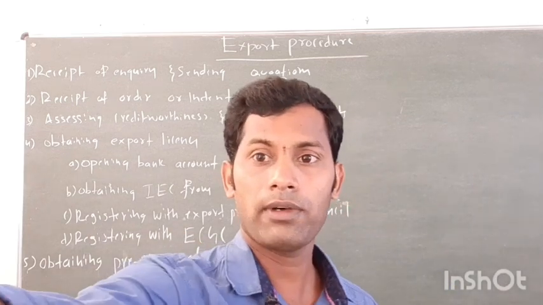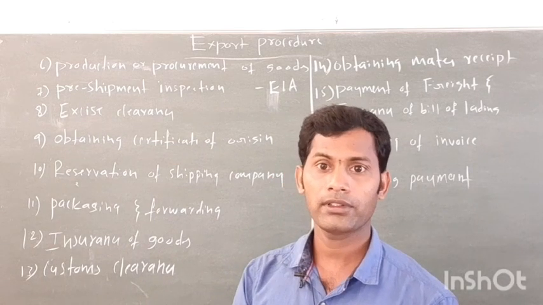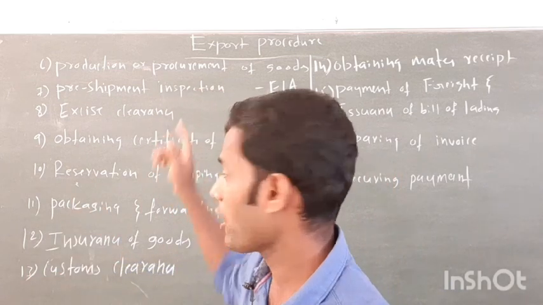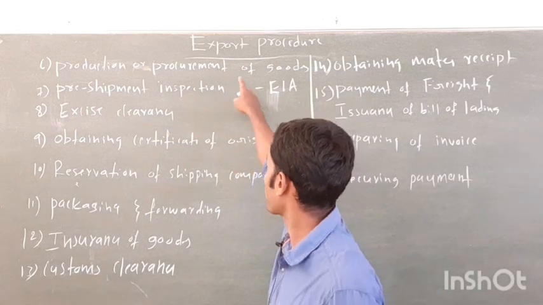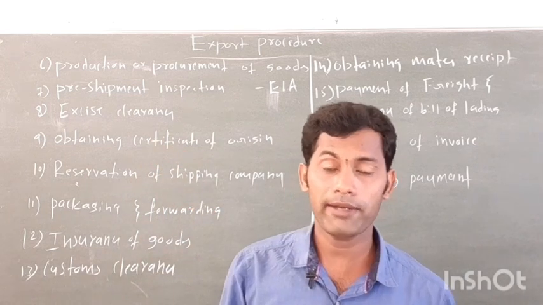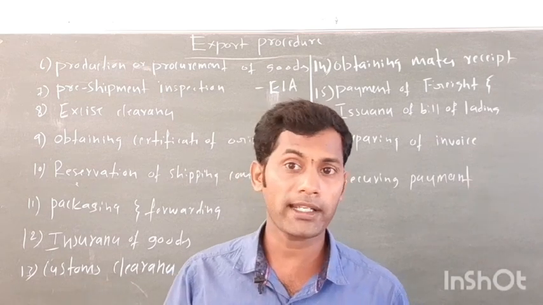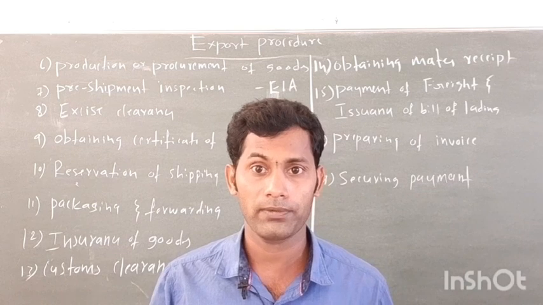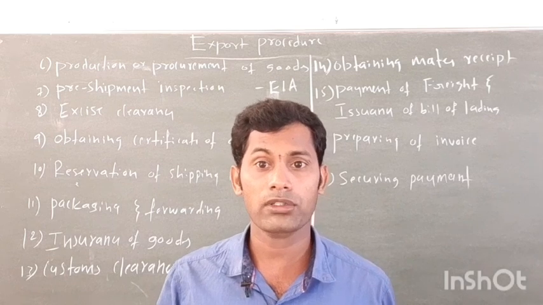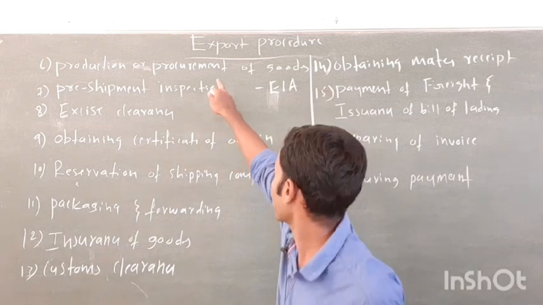Okay. Now, sixth one, production or procurement of goods. So, after getting pre-shipment finance, now the exporter has to go for the production or procurement of goods. So sometimes he can himself produce the product for export purpose, or he can go to the market for procuring the product for export purpose. Sometimes exporter doesn't have the product in his own manufacturing house, then he can purchase it from the outside market. So that is called procurement of goods.